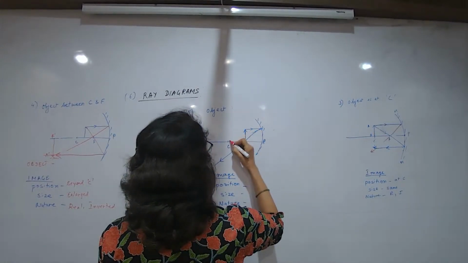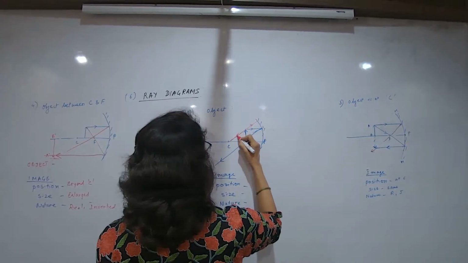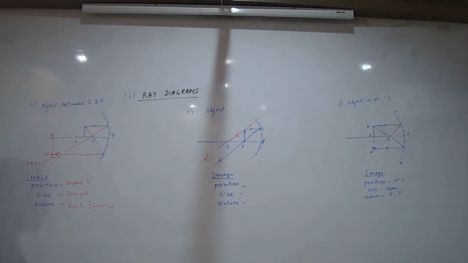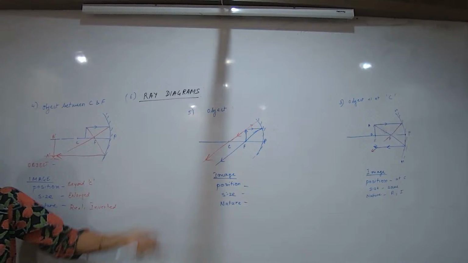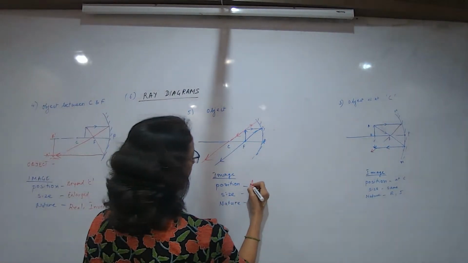So another ray which is passing through C and passing like that. These rays are almost parallel, so we assume that they don't meet, or we assume that they meet at infinity. So the image formed will be very, very far and will be very enlarged. Highly enlarged. Position is, you can say, at